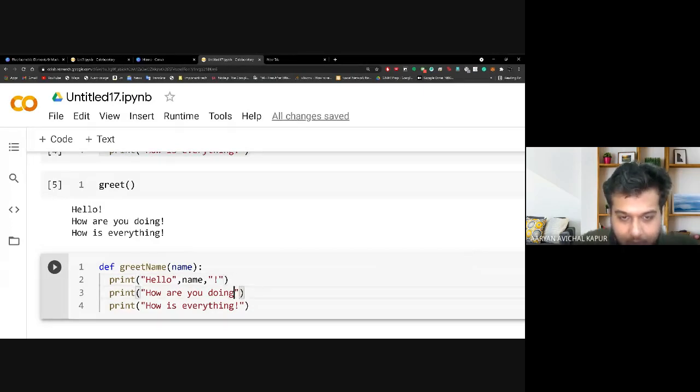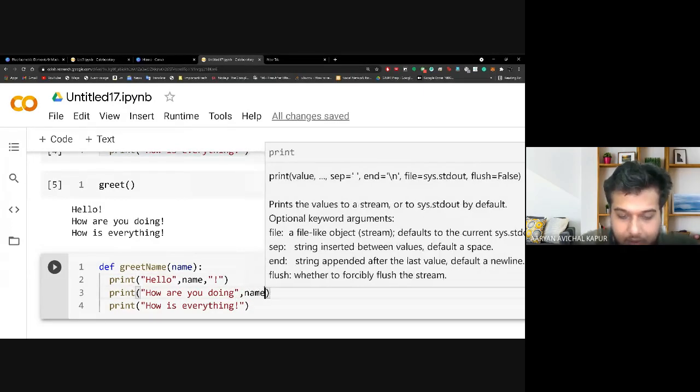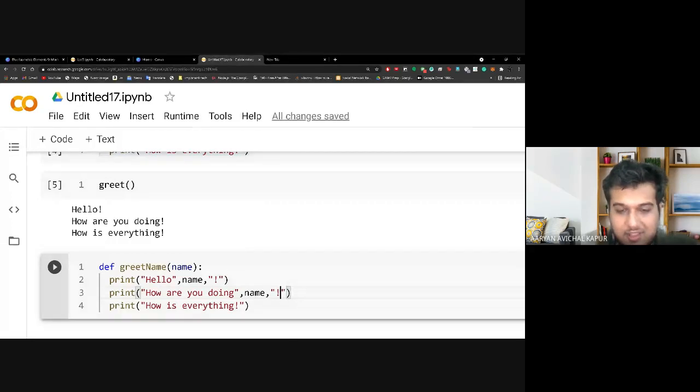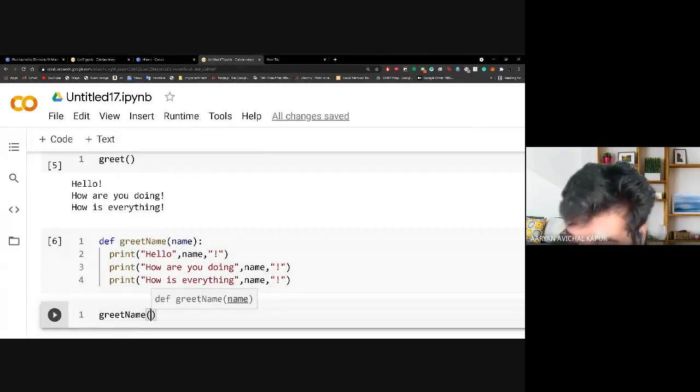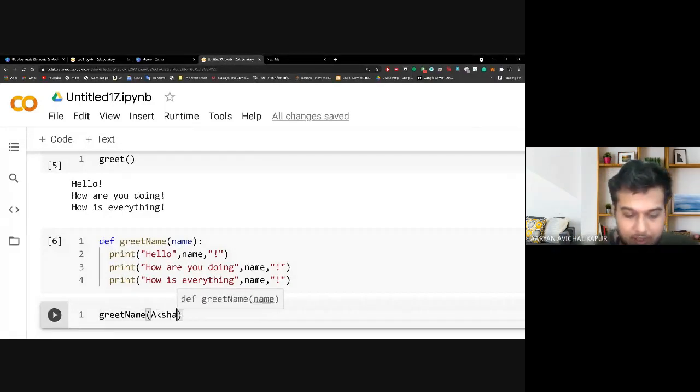Also here we will add the name. So if you can see, this is actually personalized and this will change in value for every single name that is passed. Let me show you how it is actually done. Let me take some random name from there. Okay. So let's say I will call greet name and I take the name, let's say Akshat, and let me put that in quotes.